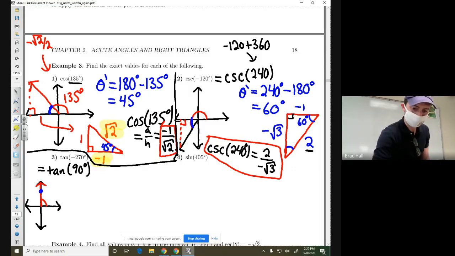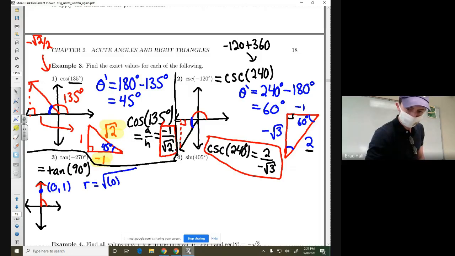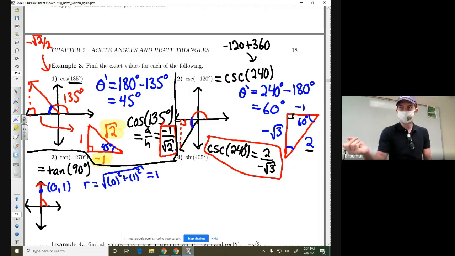So instead, quadrantals have their own method where you pick a point, some point that makes sense. So here we could pick (0, 1), something that would make sense to be on the positive y-axis. We can go ahead and figure out the radius as well, the value r. So 0 squared plus 1 squared, which you might have already determined, that's 1. So we have x, y, and r,